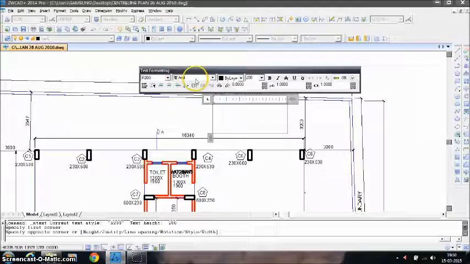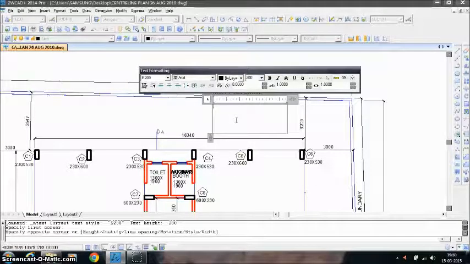You can see here that the text style is R200 and height is 200. Now if you want this in capital letters, just ensure that your caps lock is on and go on writing the description of the compound wall.